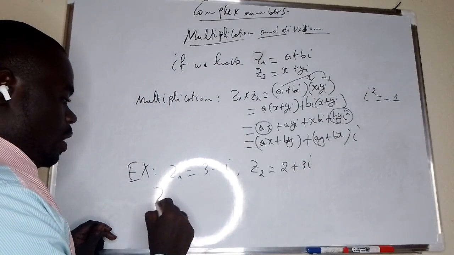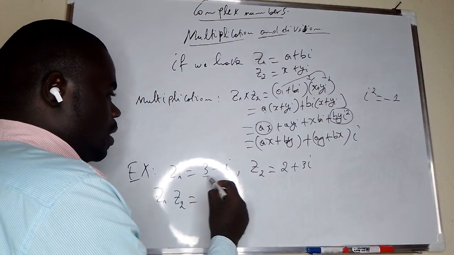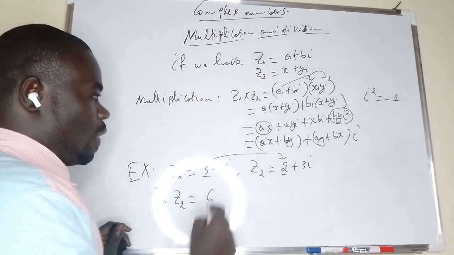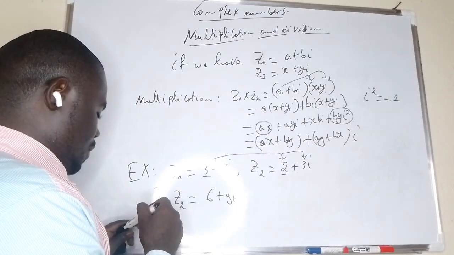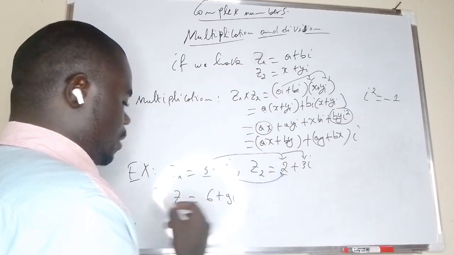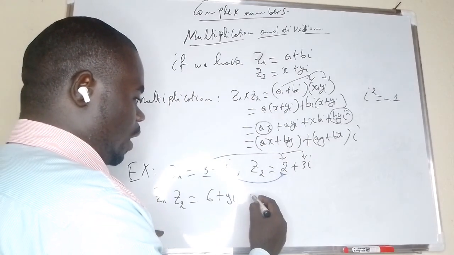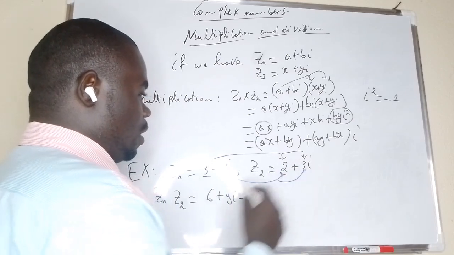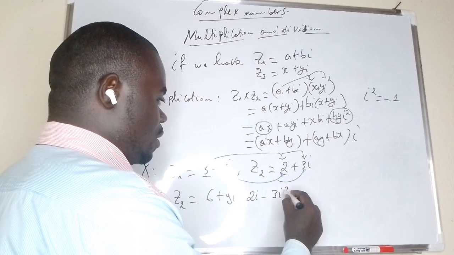So for their multiplication, z1 z2, it will be equal to this number times this, which is 6, 3 times 2, then this one times this, plus 9i, then this number times this one, it will be negative 2i,